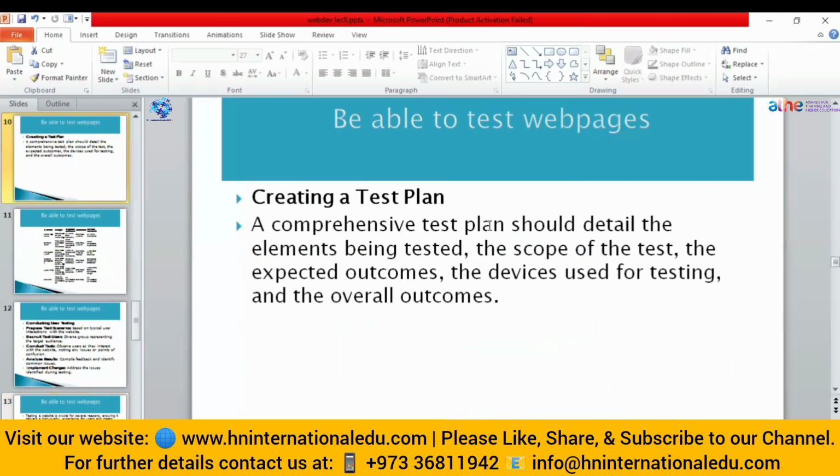Now the second thing is to create a test plan. You have run the different tests. You know how compatible your website is, how much time it takes. You have generated the report, everything. Now the second step is to create a test plan that provides the detail of each element that you have tested.